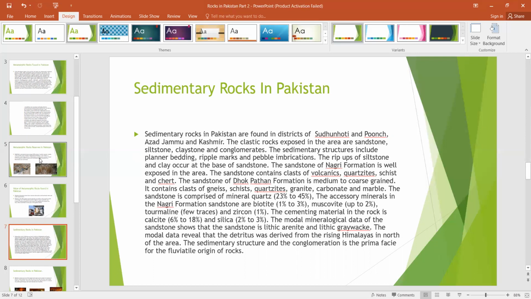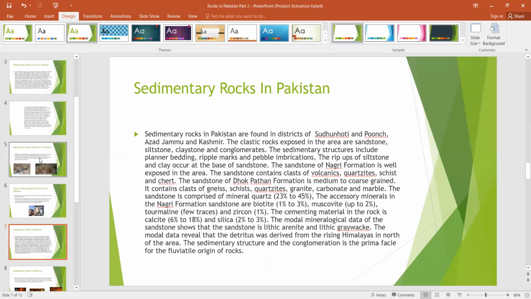The sandstone of Nagari Formation is well exposed in the area. The sandstone contains clasts of volcanics, quartzites, schist, and chert. The sandstone of the Patan Formation is medium to coarse grained. It contains clasts of igneous, schist, quartzites, granite carbonate, and marble. The sandstone is comprised of mineral quartz, the accessory mineral in the Nagari Formation sandstone, and biotite is only 1